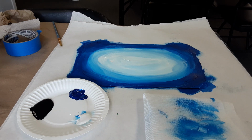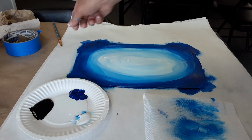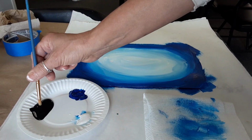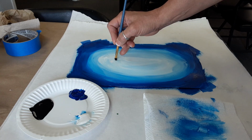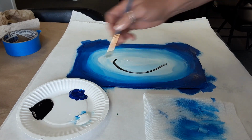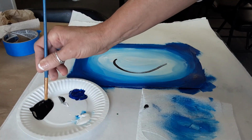But now that we've got our blue blending done, we're going to add our turtle. And it's, again, simple shapes, but again, let the kids play with it and have fun. So I have added my black to my palette now. So I'm going to take my brush, and in the middle, the lightest area, I'm going to do part of a heart,